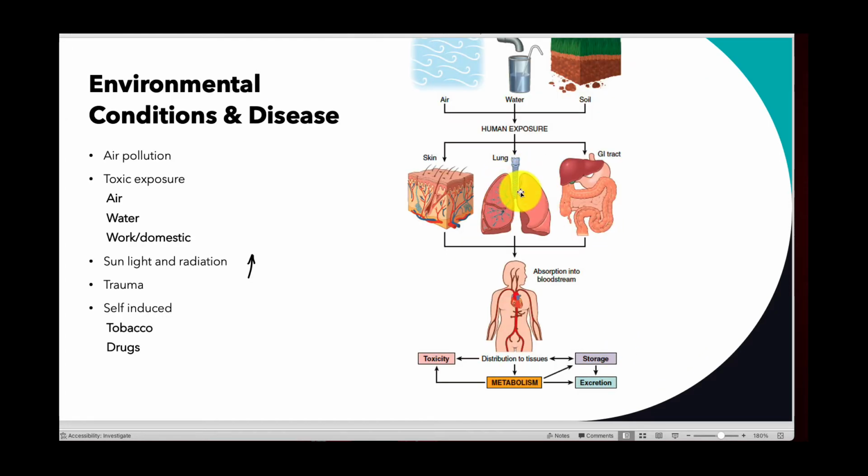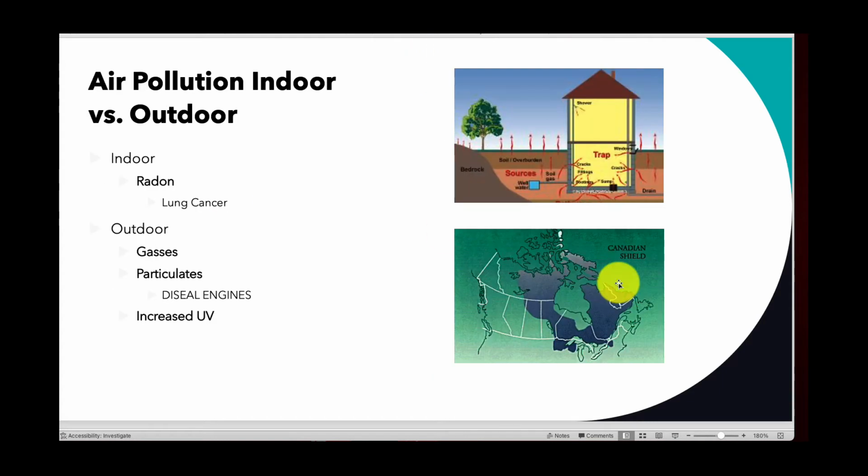Breathing this gas in is incredibly harmful. And then as it decays, because it gets trapped in the house for a very long period of time, it releases these radioactive byproducts that are inhaled, and that's believed to be the catalyst for lung cancer development. And because it's found in rock and soil, it can essentially be found anywhere.